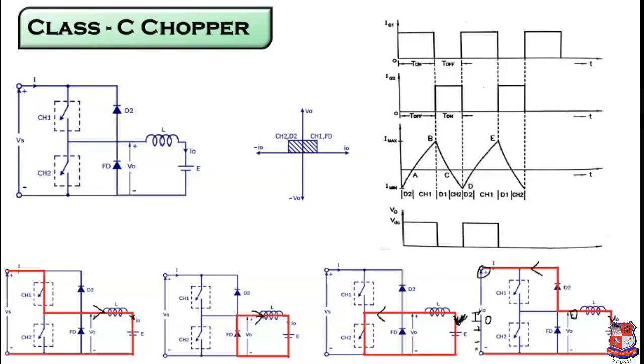So in these two cases, voltage can go to a minimum of 0. It can have some value, but at the minimum it can go to 0. In these two cases output voltage is always positive. Now in this case and in this case output current is 0. Output current is positive, and in these two cases output current is negative. Okay, so this results in two quadrant operation, that is the class C chopper.